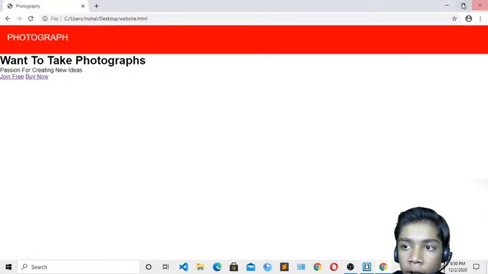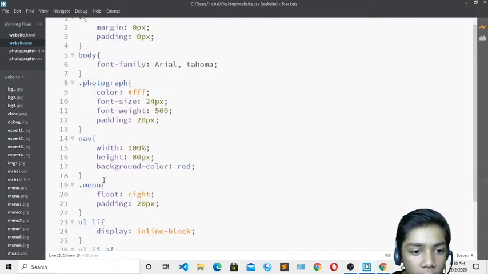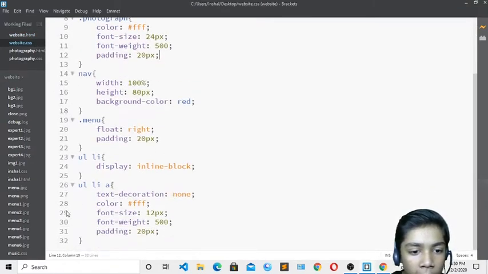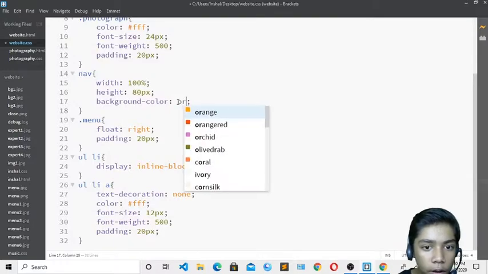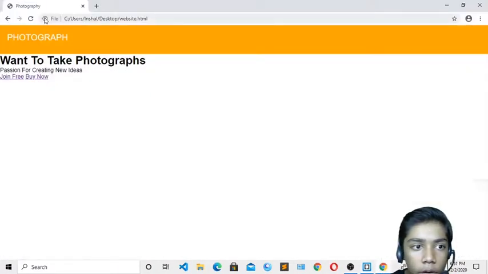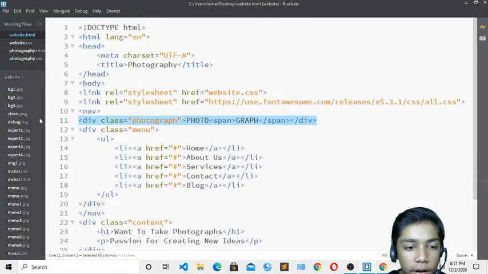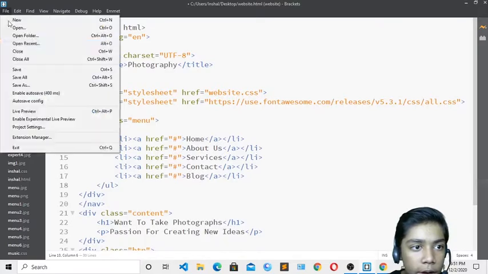Here I have to do one thing. I have just written like that, and over here I will write dot menu padding, and now here I have just written the color of this, and over here if I make it orange again. Save that, and if I show you, hit refresh. There is one problem, so I will erase and copy this, and erase that.